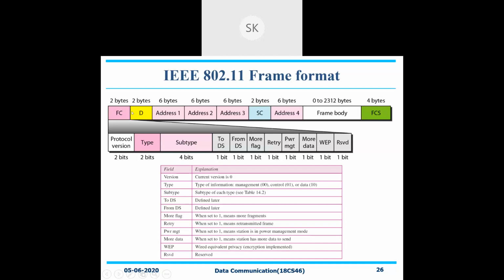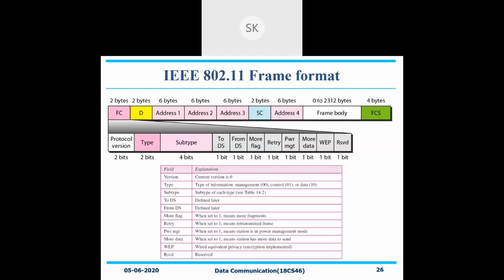What is this FC all about? FC is nothing but your frame control.